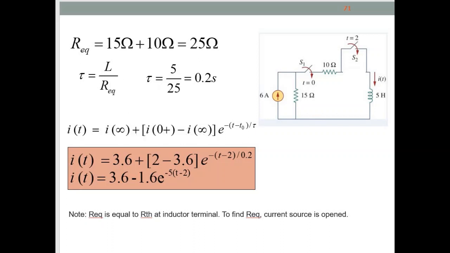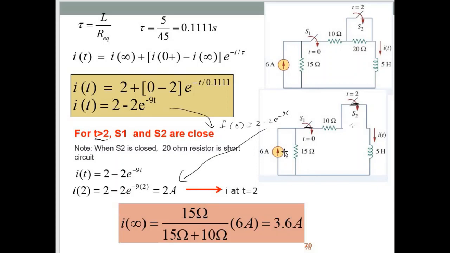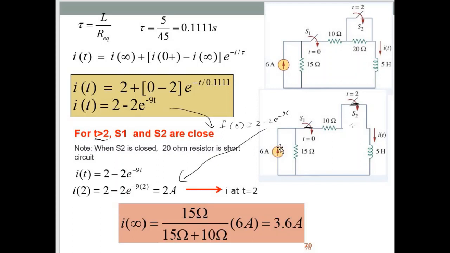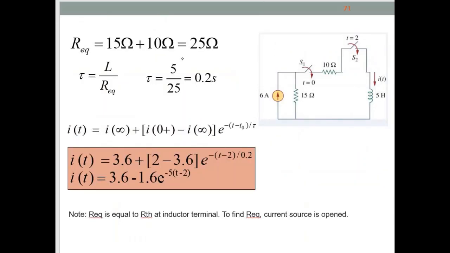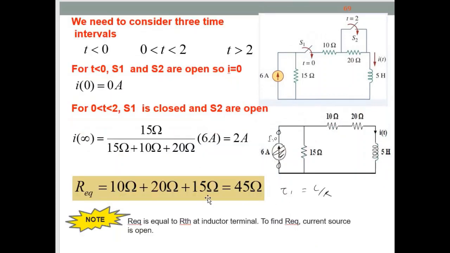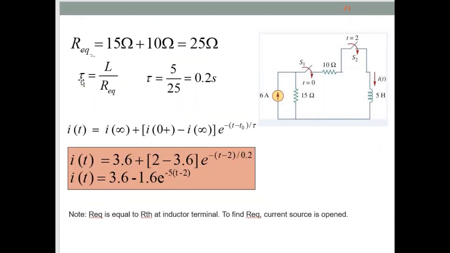Before that, find the R equivalent. R equivalent, same like the method here. Disconnect the current source, meaning open circuit. So this will become 15 plus 10, 25, R equivalent. This is R equivalent number 2, for the third time interval. Number 1 is this one. R equivalent is 45 ohm for the tau 1, and number 2 is 25, and the tau 2